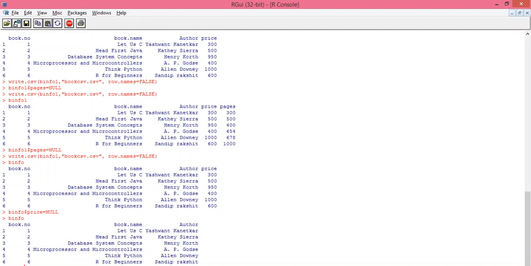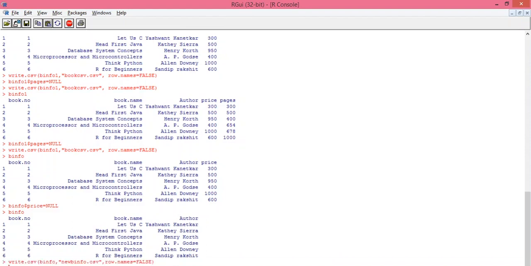Now let's export this data with write.csv, binfo data frame, and then newbinfo.csv. Newbinfo is the name of the new file where I want to export this data, and row.names equals false.